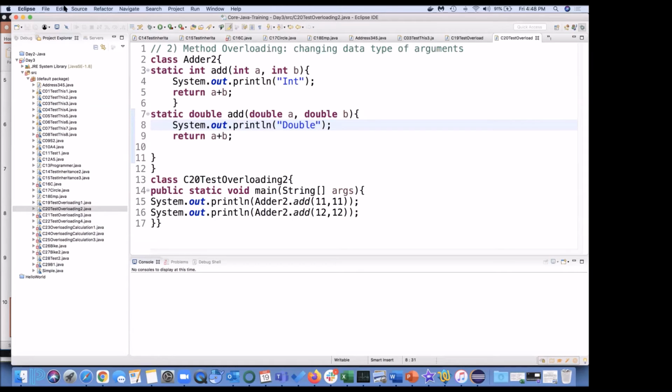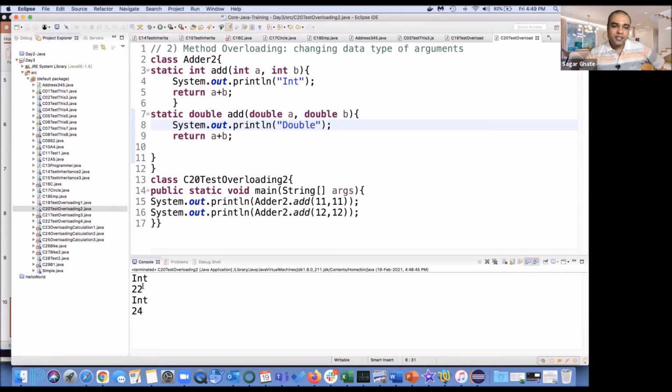Just a minute. Sorry. So you can see 22, and both times it was int, not int and double.